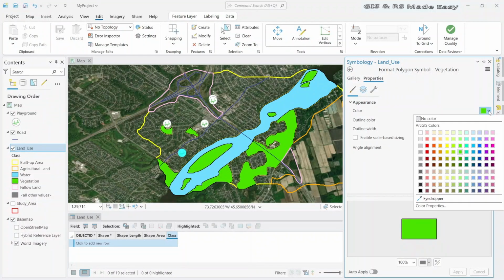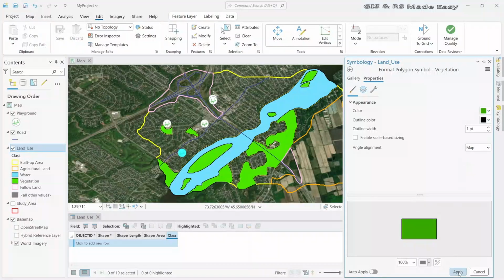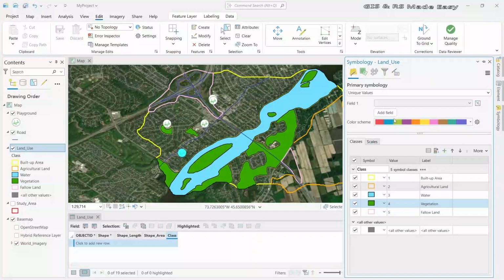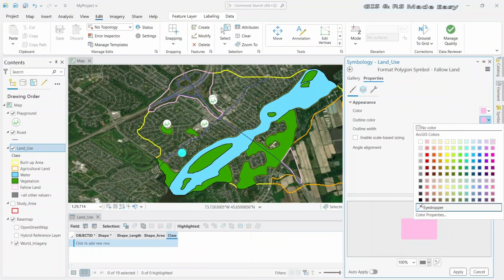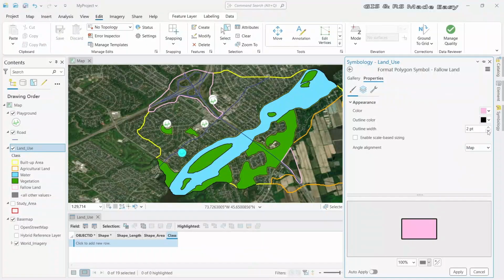Let's make it a little bit darker. And go back. Fallow Lands, let's make it light pink color as the fill color, and black for the boundary,